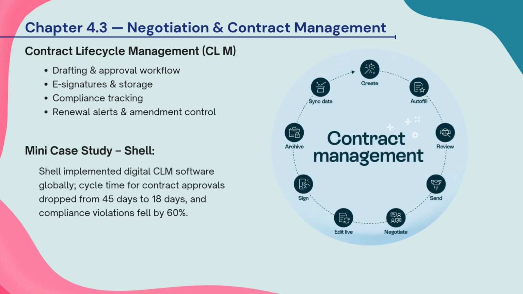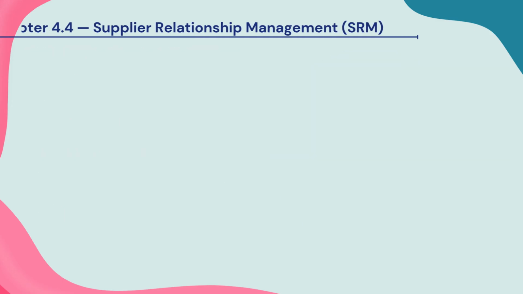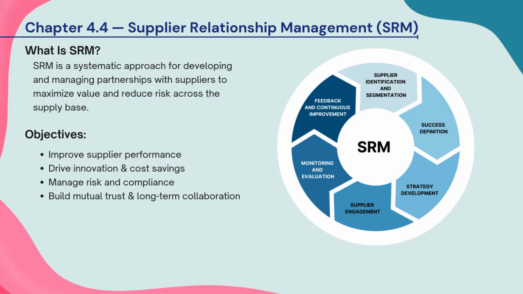This slide covers Contract Lifecycle Management (CLM), which streamlines drafting, approval, storage, compliance tracking, and renewal of contracts. Tools like e-signatures and automated alerts improve efficiency and reduce risks. For example, Shell implemented digital CLM globally, cutting contract approval cycle time from 45 to 18 days and reducing compliance violations by 60%. This slide explains Supplier Relationship Management (SRM), a structured approach to managing supplier partnerships for maximum value